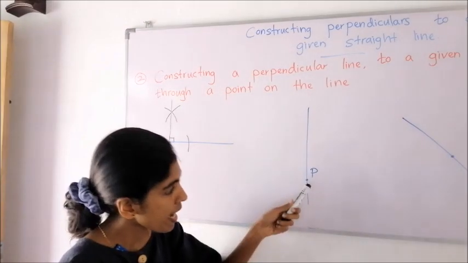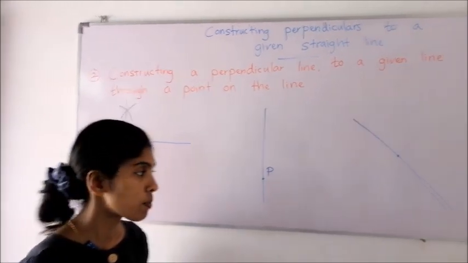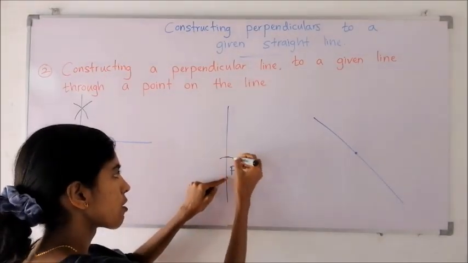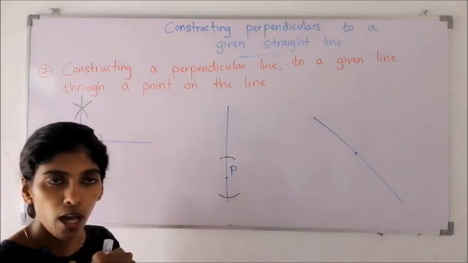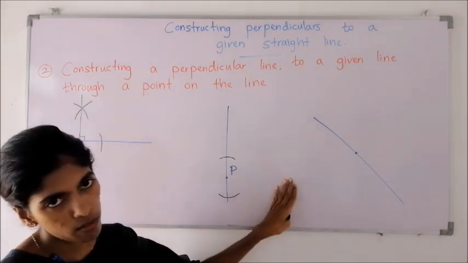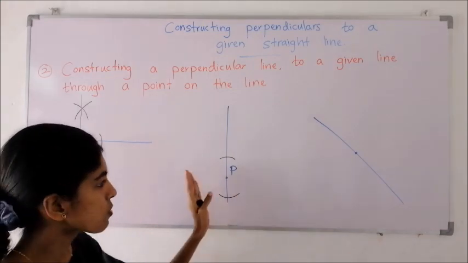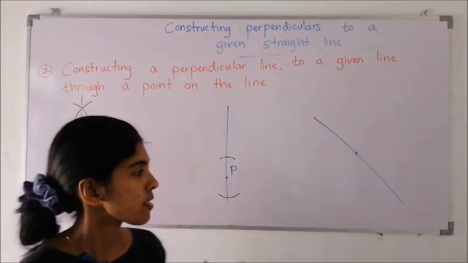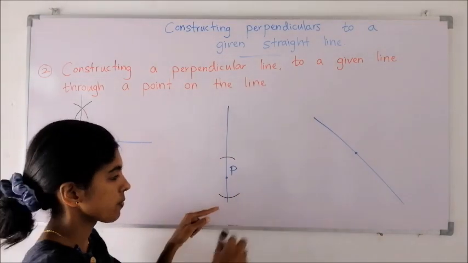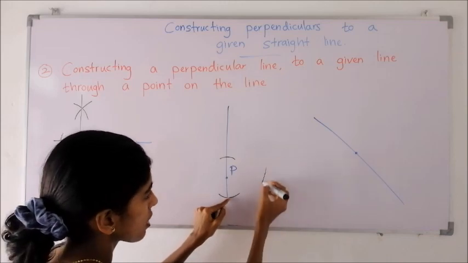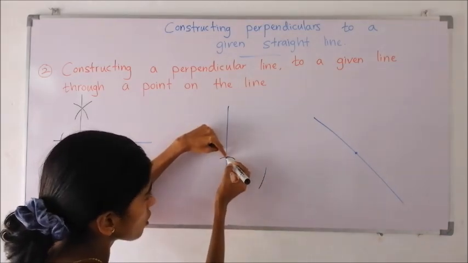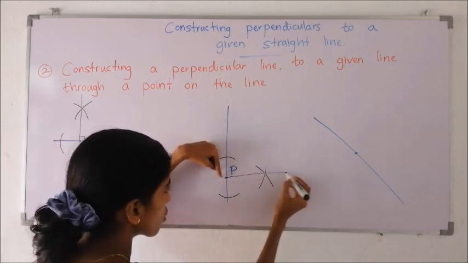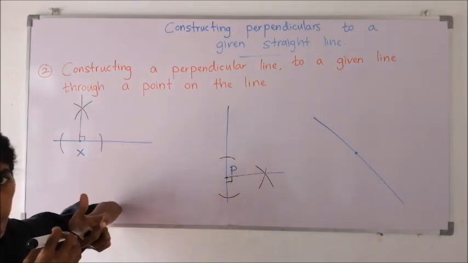See the next. At point P, we will construct a perpendicular to this given line. Now keeping the middle point here, from either side we will draw 2 arcs, from left side or from right side. Because to draw a straight line we need at least 2 points, that's why we want to find another point. Now keep the middle point here again, draw 1 arc here. Again go to this point, keep the middle point here, draw another arc as if to cut the previous arc, join those 2 points. This is a perpendicular.